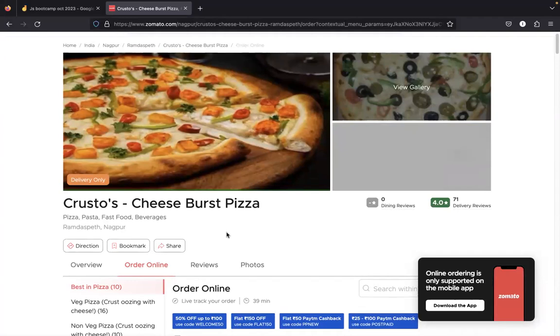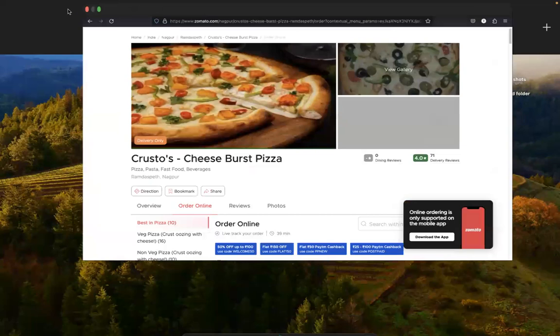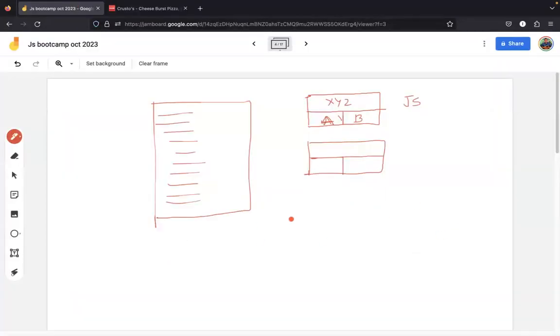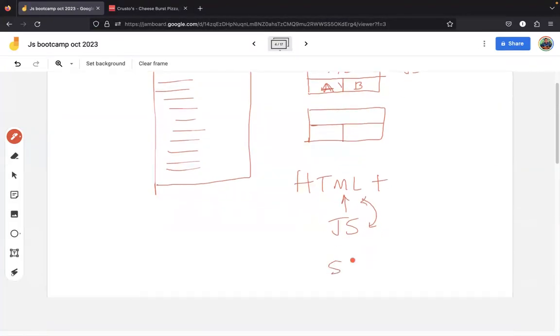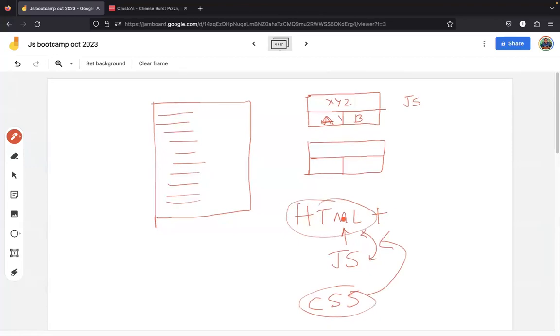Okay, so two things. Number one, in React or in any UI framework, you need to understand two things. How is my HTML going to be? And how is my JavaScript going to talk to this HTML? How these two are interacting together? This is one. And the CSS is anyway the design part. So you're going to apply design on the top of this HTML. We'll come to it. But majorly, the way we wrote HTML and JavaScript previously, just to recap,